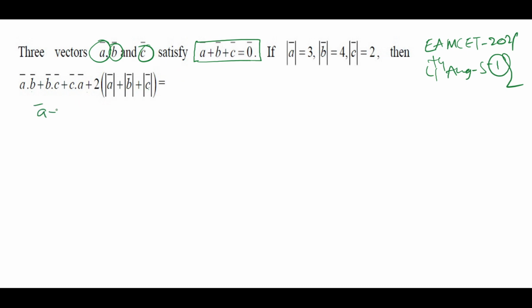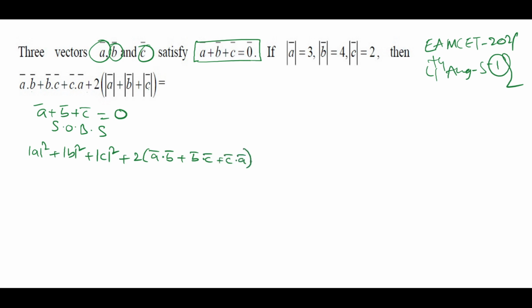Here it is given that a bar plus b bar plus c bar value is 0. Now squaring on both sides, that is mod a square plus mod b square plus mod c square plus 2 into bracket a bar dot b bar plus b bar dot c bar plus c bar dot a bar is equal to 0. So mod a square, that is mod a value is given 3, that is 9, plus mod b square, that is 4 square is 16, plus mod c square, that is 2 square is 4, plus 2 into a bar dot b bar plus b bar dot c bar plus c bar dot a bar